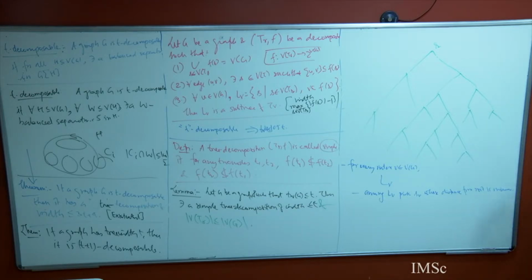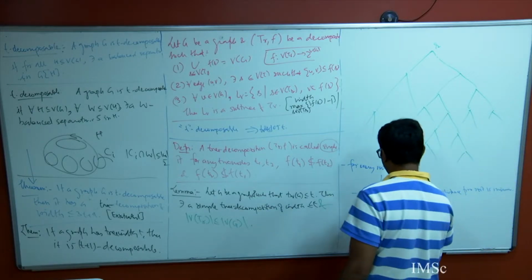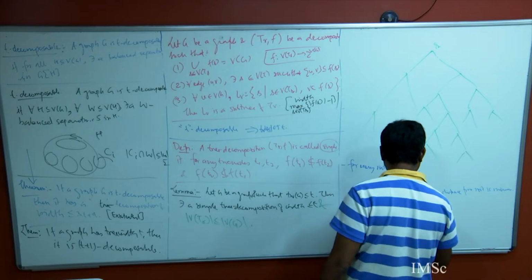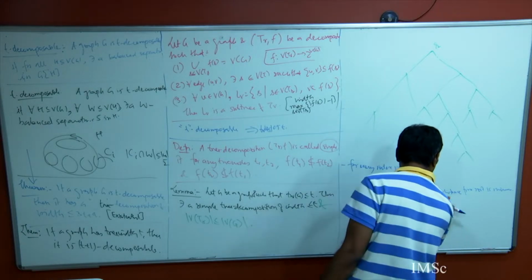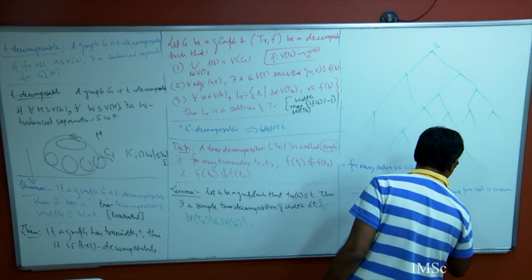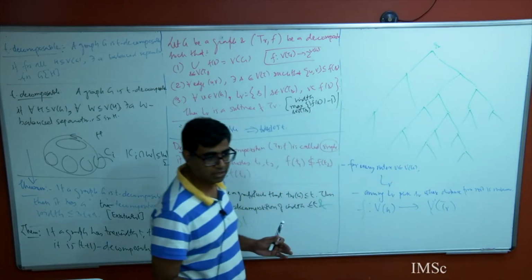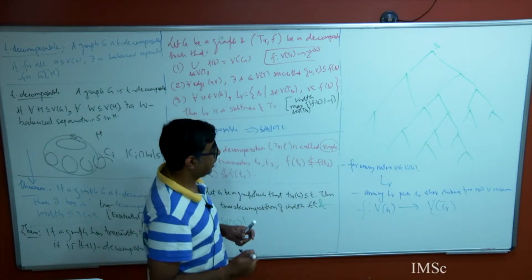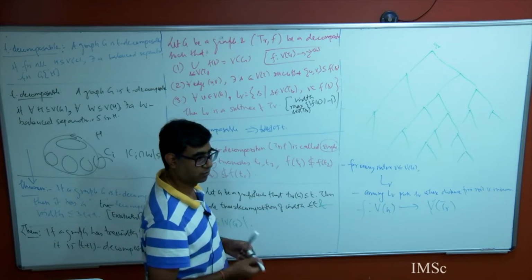So I have given you a map. I have given you a function from the vertex set of G to the vertex set of TR, and it is a function, right? Two things can go to the same place. Now I am going to claim, which is cute,